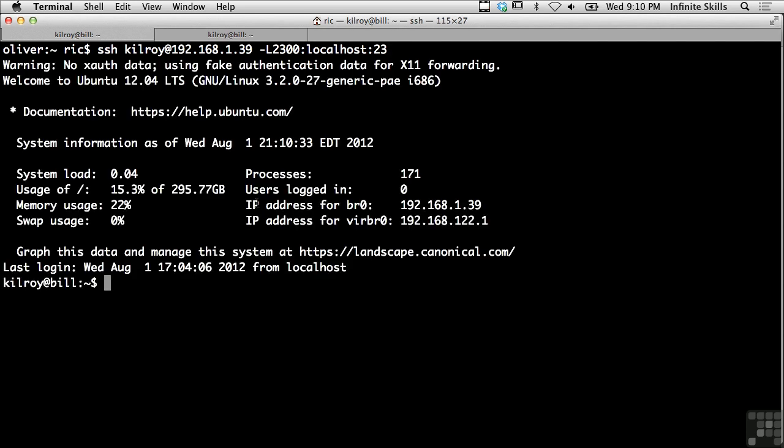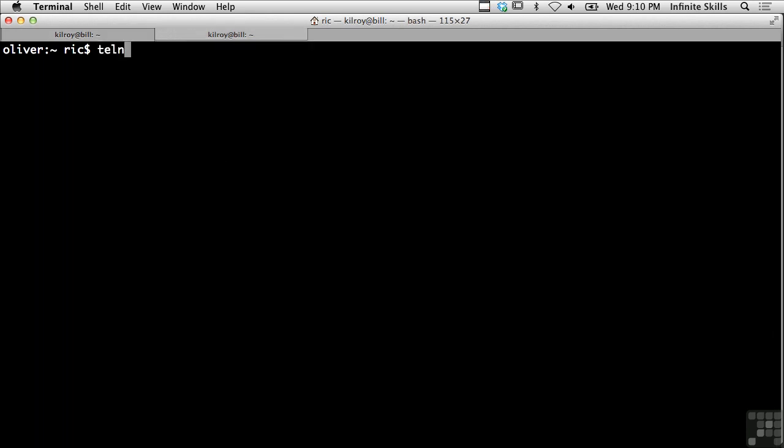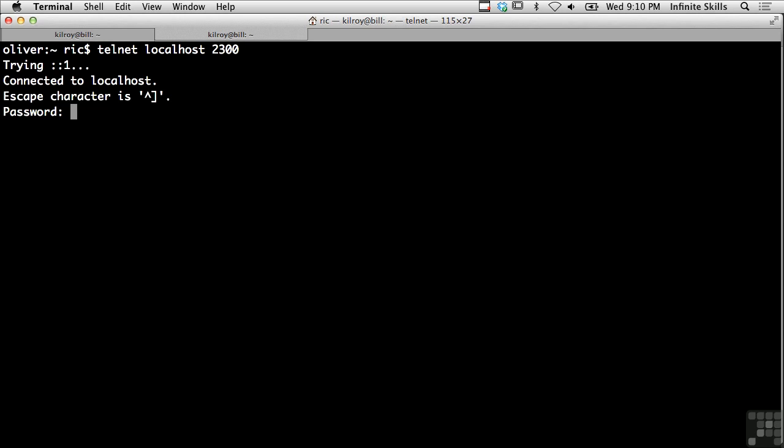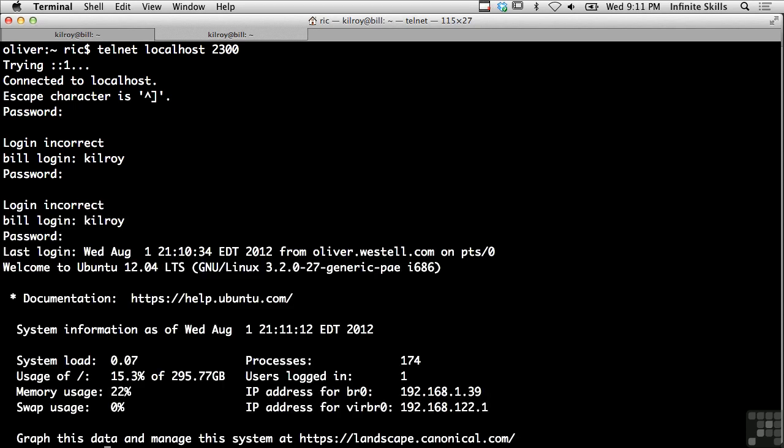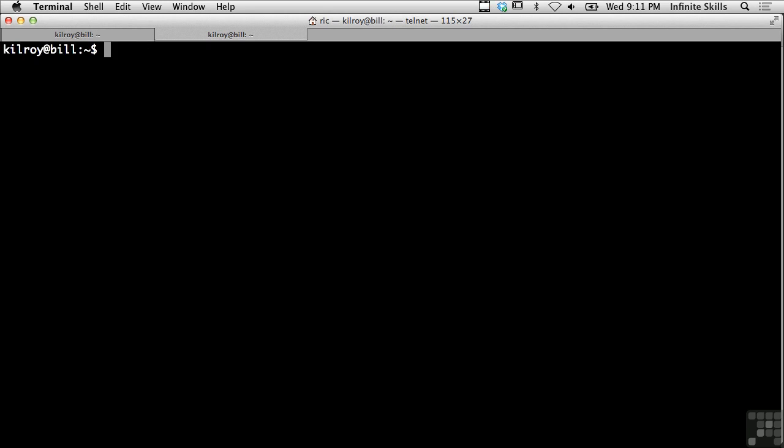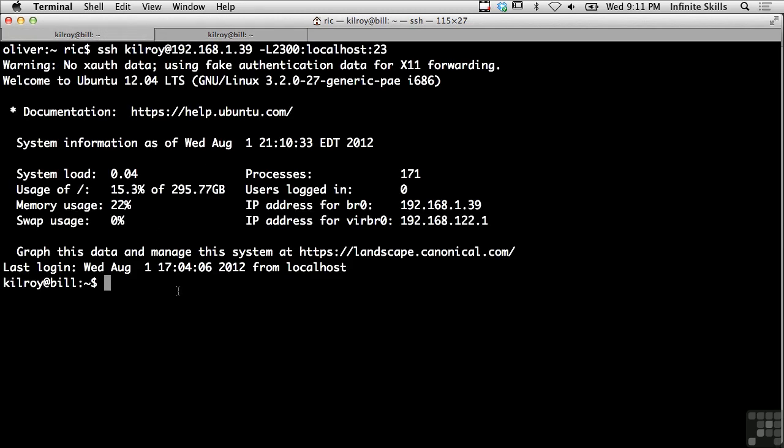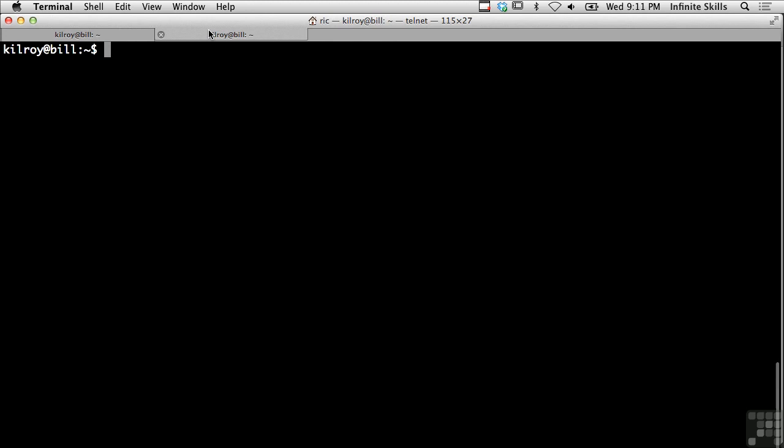So I've got my SSH session open, and I should have a tunnel. And I'm going to check that now. So I'm going to connect to port 2300 on my local system, and that should connect me through to the other side. Log in here. Now I am logged in, and you can see that I am logged into the system bill, which you can see from my prompt here, which is the server that I'm connected to on the other side. You can see here I've SSH'd in, and I get the same prompt as when I did a telnet in. Now I can do this again,